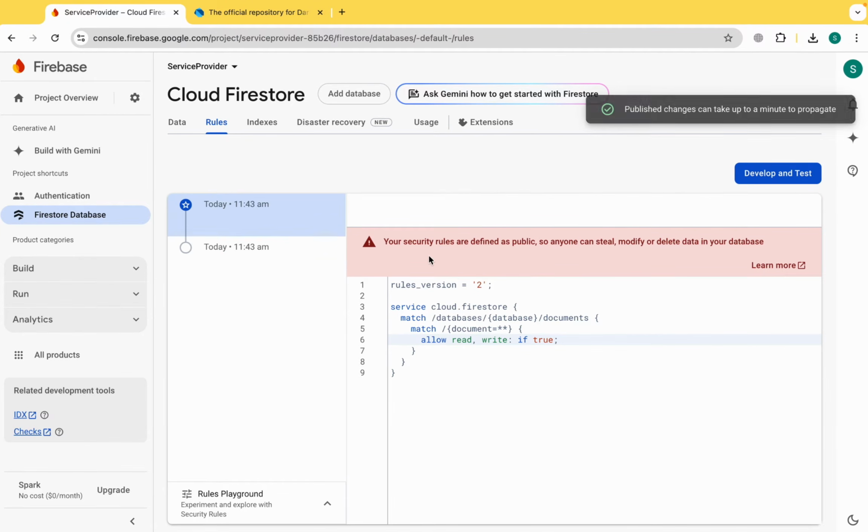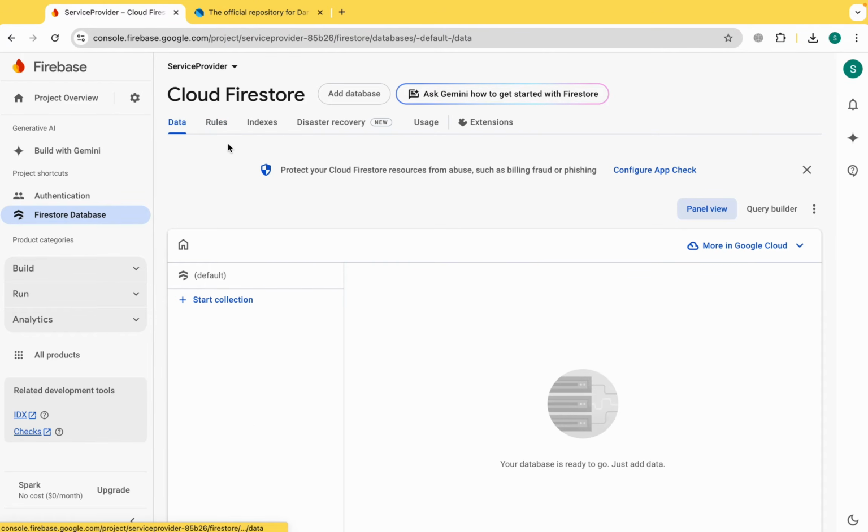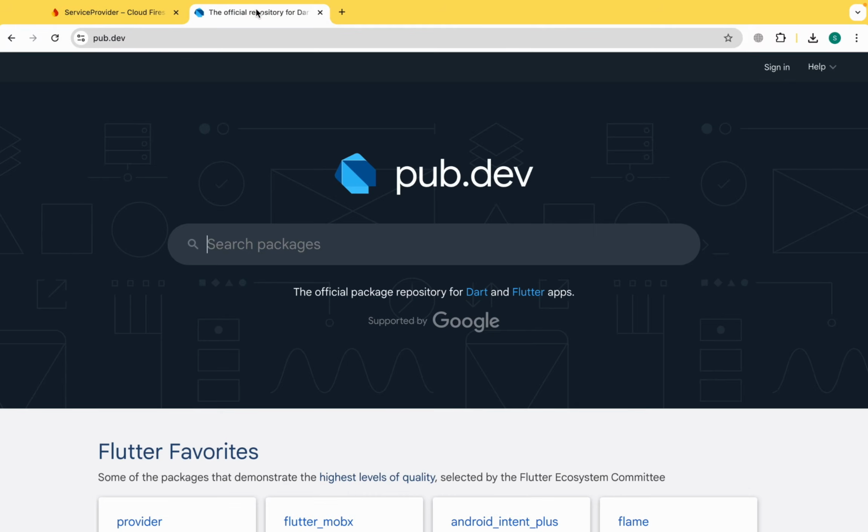So you can see that there is some alarm message showing that your security rules will be affected. Do not worry, no security rules will be affected, because we are already using the authentication in the Flutter app. Now after this, let's move to the pubspec.yaml, and here we need to copy some